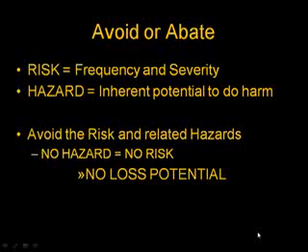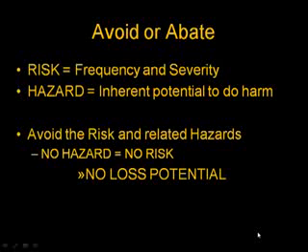So as we move along in the control mechanism, we're looking at risk, how bad could it be, and how often are we exposed to the various hazards, and hazard, what's the worst thing inherent in that particular item that can do harm. So the first step in any risk control program would be to avoid the risk and the various hazards to the highest degree possible. In other words, if there's no hazard, there's no risk. No risk means we have no loss potential.